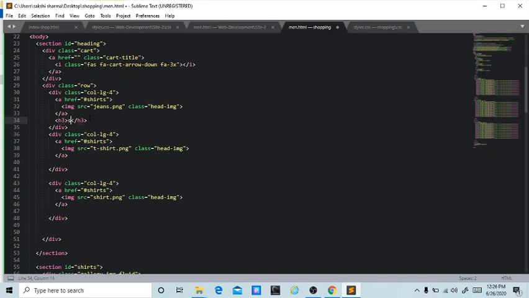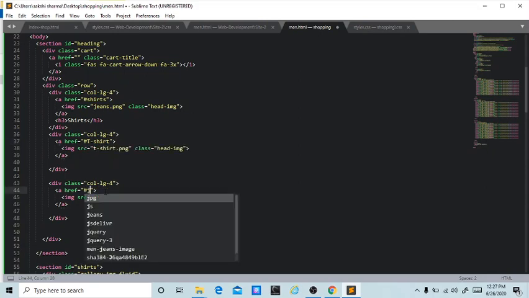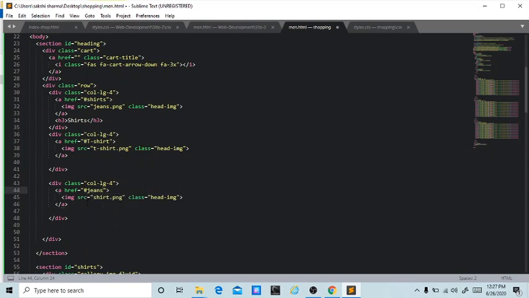Let's give the heading to each of them: shorts, and remember to put the correct link. Always check the spellings. This is the common mistake we do in coding. So t-shirt, and here jeans,